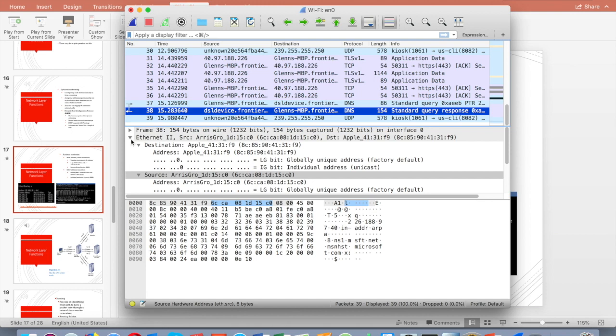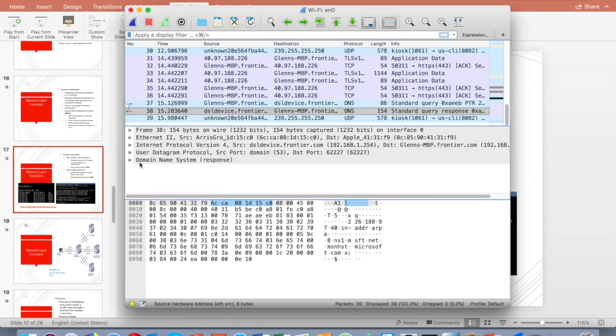All right, let me shrink some of this down here. You'll notice that DNS is an application layer protocol, and at the transport layer, it's using UDP. And at the network layer, it's the IP protocol, IPv4 specifically. And it's using Ethernet 2 with the source and destination again here. So that is my router, obviously. And at the frame level, it's showing things at the physical level as well. So you can see all the different groups are represented here.